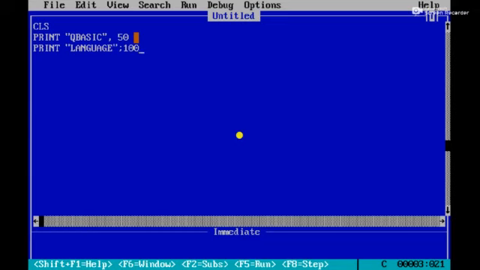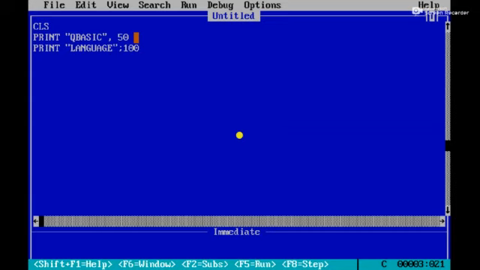In the next print statement, language, then semicolon 100 I have given. So whether we are using semicolon or comma, it prints the next print statement on the same line. But there is one difference between these two.